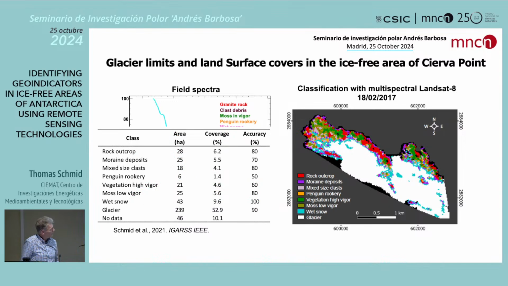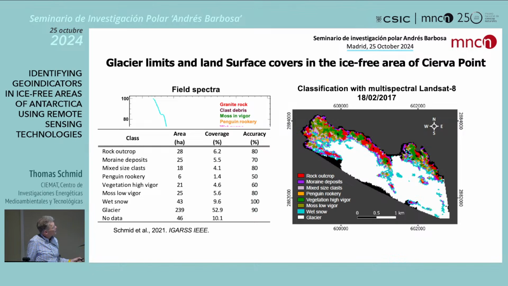And in the end, we get an accuracy for different covers, which go up to 80%. Here I put 100% with wet snow, but that's obvious because the spectral curve for wet snow is so dominant, so it's no problem. But other